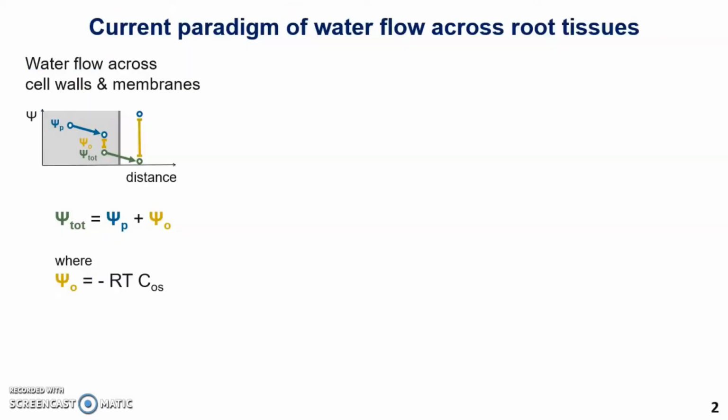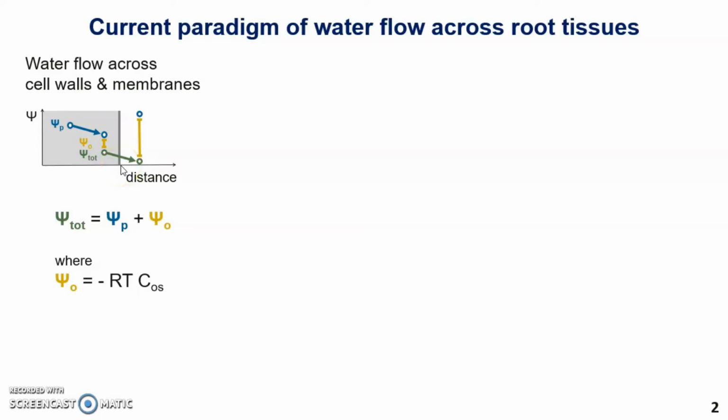As a starter, I would like to give you an overview of what drives radial water flow across root tissues. And first, you need to know that passive water flow always occurs from high to low water potential. Across non-selective paths, such as cell walls, here represented in gray, but also plasmodesmata, water flows from high to low pressure potentials in blue. However, when you have a membrane, like here, the affinity of water for solutes comes into